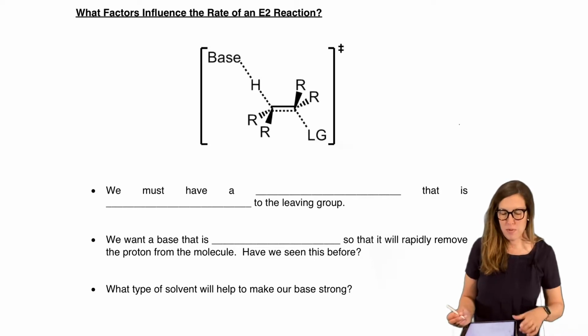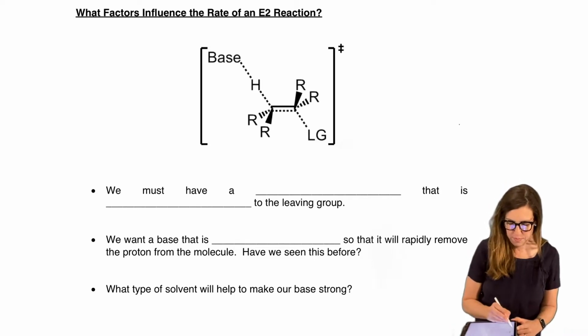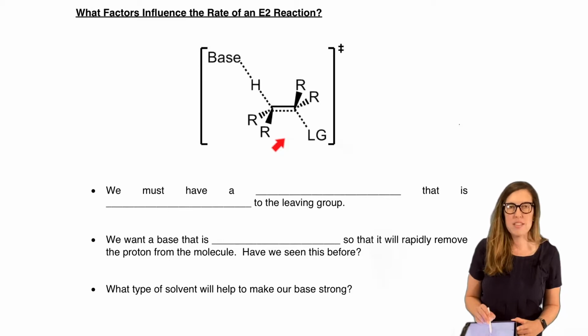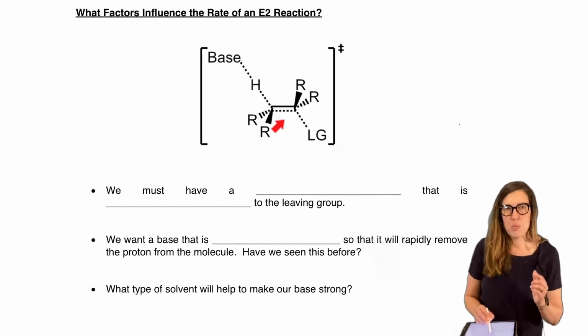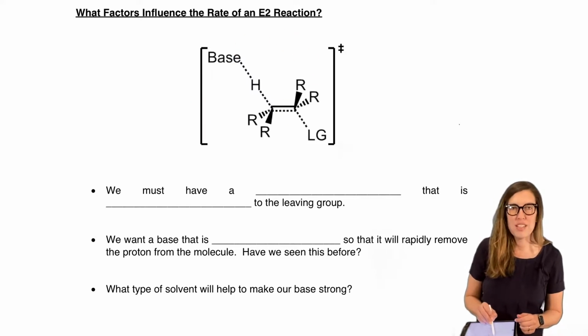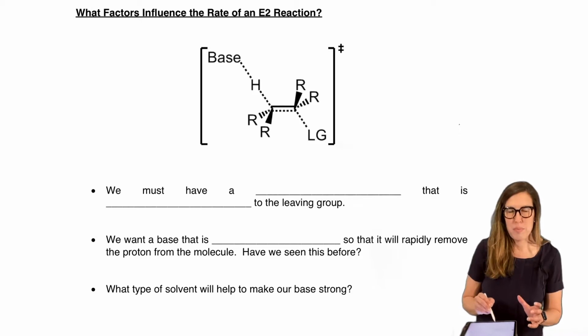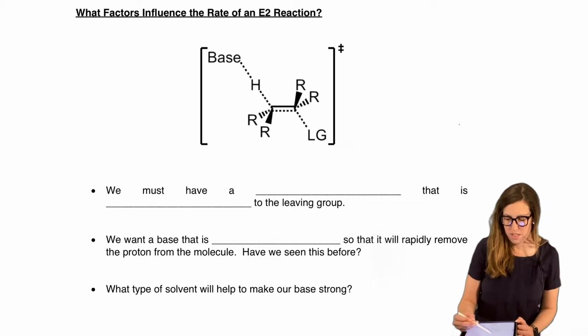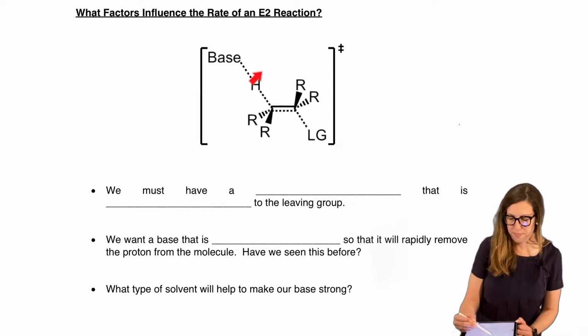Let's recap before we do our cyclic case. Transition state. It's all about that transition state. We want to make this high energy species feel like it could actually happen. We want to make it reasonable. This is the hard part to get to. So what could we do to encourage it?